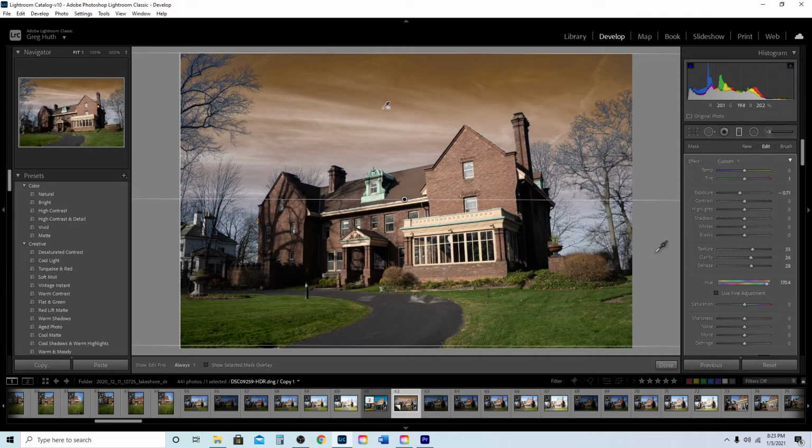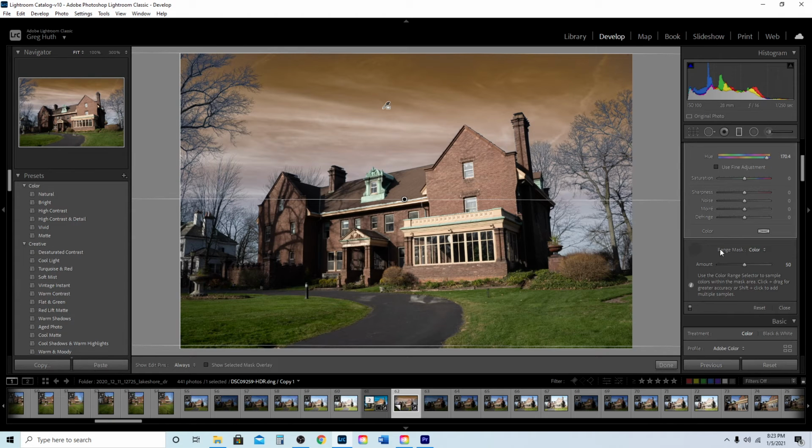And here's another thing: you can always change your mask. Let's say, oh, this looks really cool, but it's not affecting enough of the sky down here. Like it's kind of washing out right here. It's not affecting what's down here. So you can come back to your range mask and make sure you select your eyedropper. And now if I shift and I add, I can add these colors in,